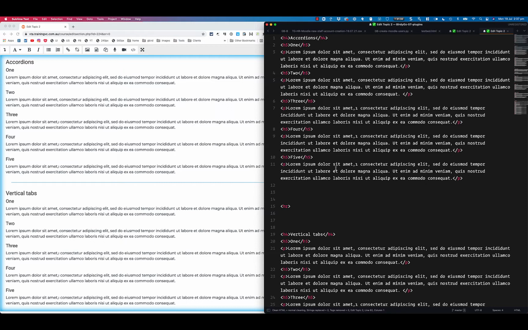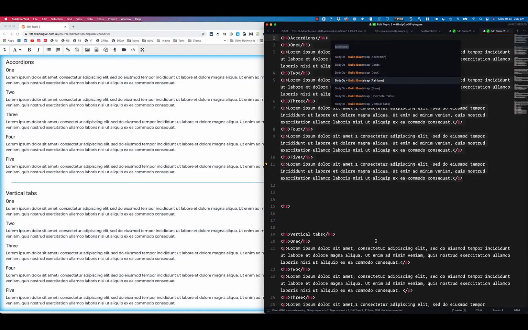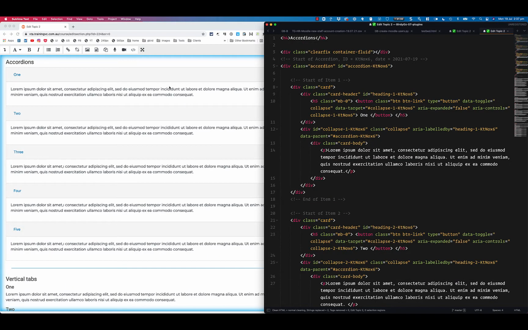of these interface elements. So for example, and I'll work quickly in this first example, if I wanted to convert this content here into an accordion, all I need to do in my Sublime Text editor, Command-Shift-P or Control-Shift-P if you're on a Windows machine, and start typing in build Bootstrap, you'll see all of these different interface element types. So the first one I want to try is the accordion, and what you see on the left-hand side is